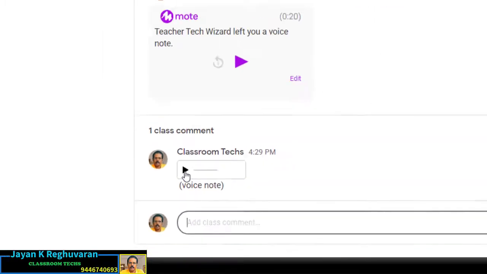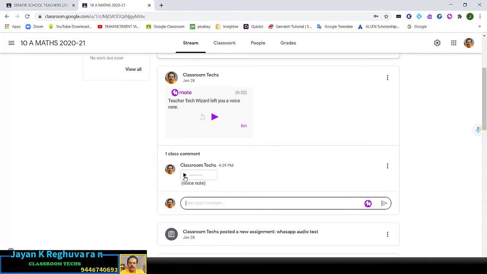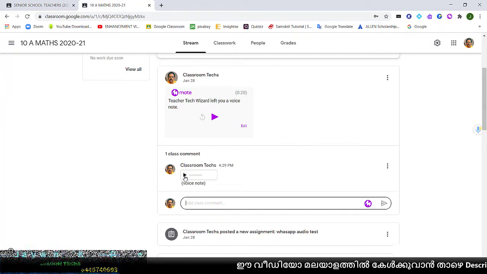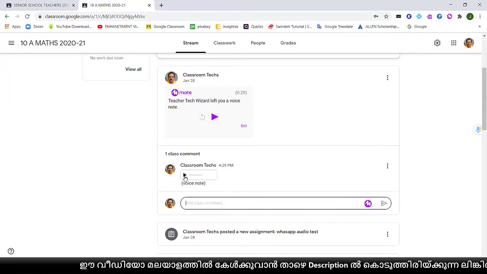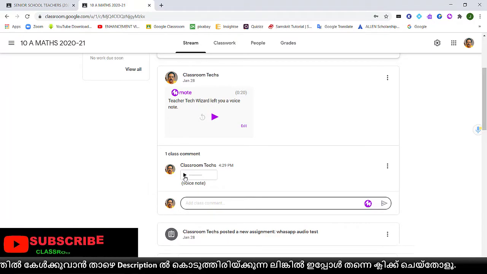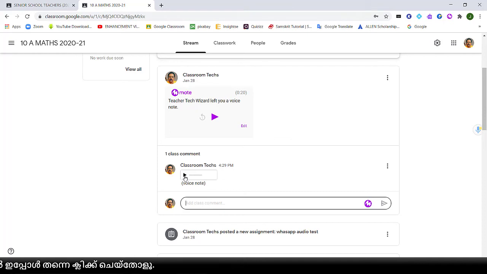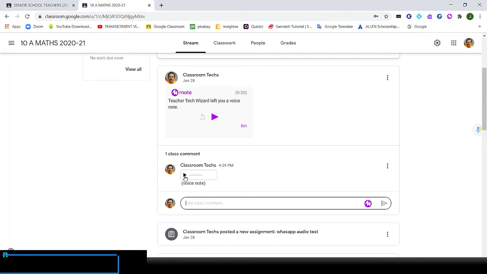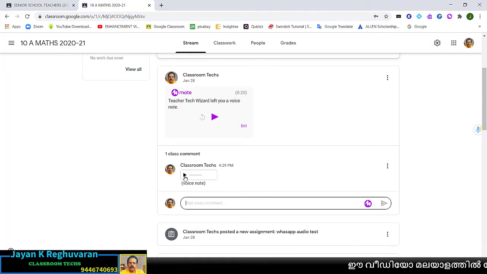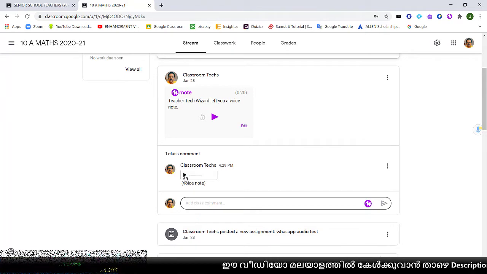Only this thing, this is the difference between Mote and Talk and Comment. If you want to send more than 30 seconds, you use this Talk and Comment. But in Mote, no need to paste the link, automatically this link will go to the children's page. After recording, simply you click tick. But in Talk and Comment, you have to paste this link in the message box. Only that is a difference. And you can record unlimited time also in Talk and Comment. That's why whichever you feel comfortable to use, you can use any one. Okay, nothing else, this is the difference.